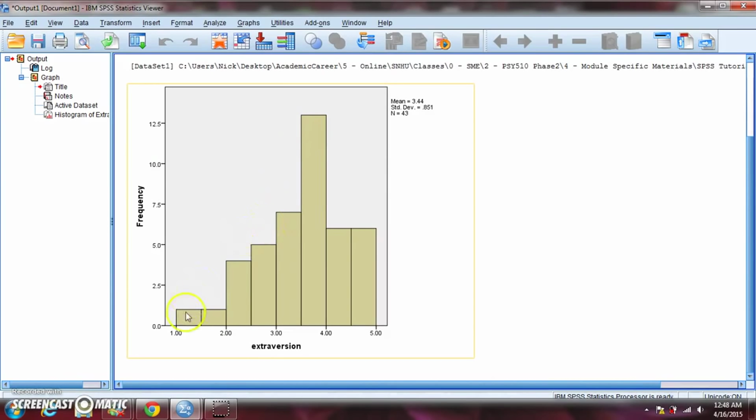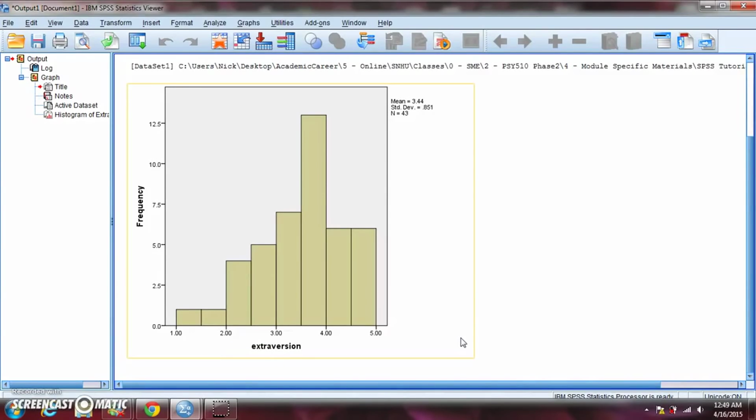We can also see that there are very few people who score below a 2. Very few people between that 1 and 2, the very low bars. So right away we get a good sense of what the data looks like. We know the most common score. We know that there don't tend to be that many extremely low scores. We can see overall that the distribution is kind of shifted towards higher scores. In other words, there's a lot more 4s and 5s than there are 1s and 2s. And again, the most common score is higher than a 3, which would be the mathematical midpoint between 1 and 5. So just by looking at the histogram, we get a pretty good sense of how scores fall in this variable.